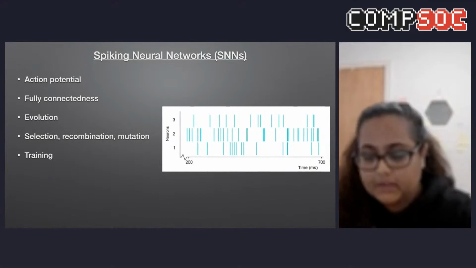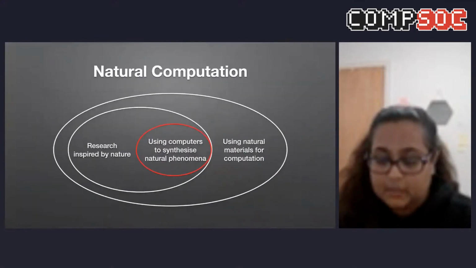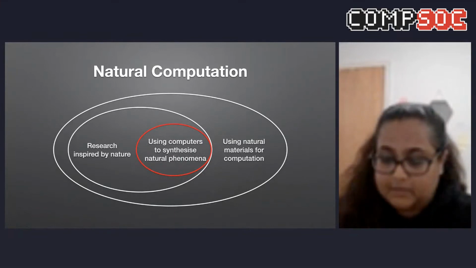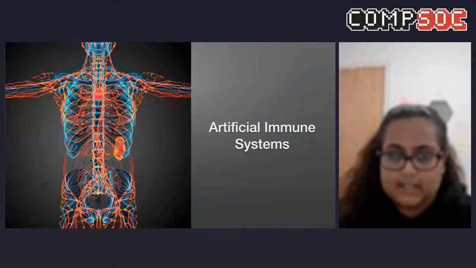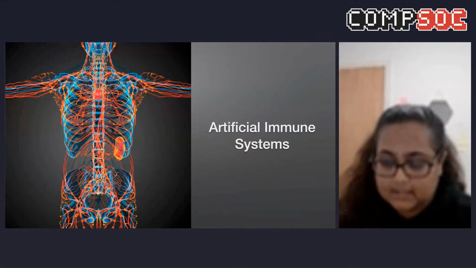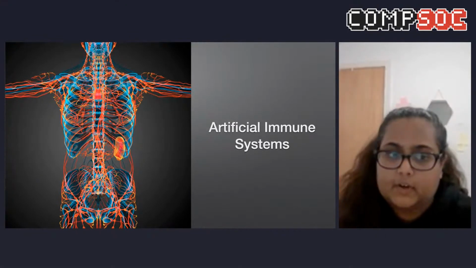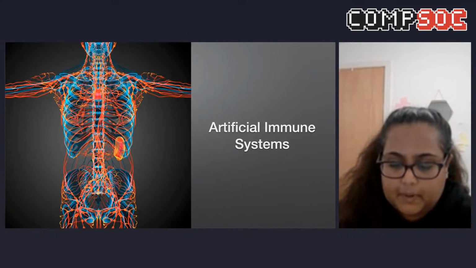Now, moving on to the second class, which is using computers for synthesizing natural phenomena. One application here is that of artificial immune systems. These are a class of computationally intelligent, rule-based machine learning systems, and they sit at the intersection between bio-inspired computing and AI. This is one of the areas that kind of creates the confusion that I was talking about at the beginning. The possible applications of this area of research propose a complete rehaul in our approach to securing networks.